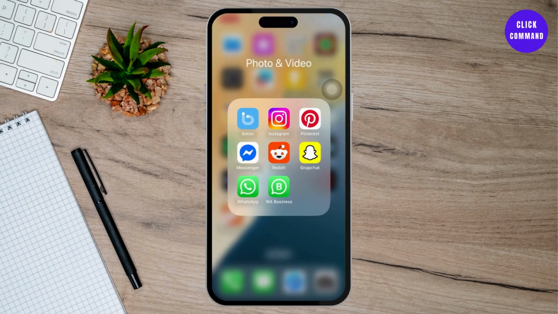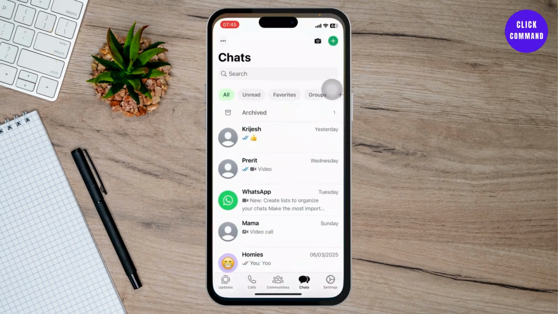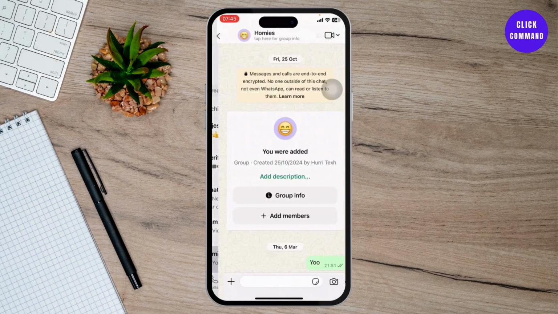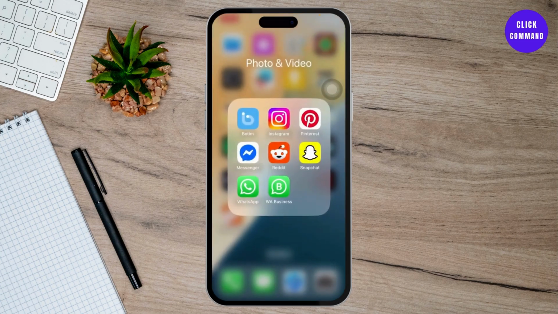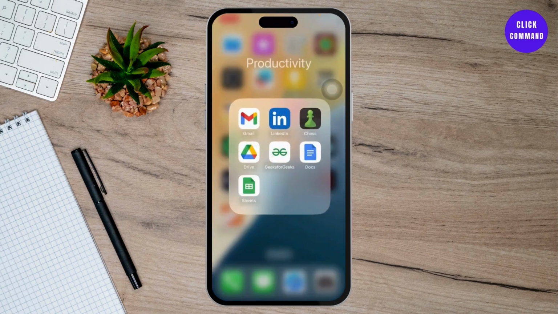In today's video, I'll teach you guys how you can send large audio files on WhatsApp. So without any further ado, let's dive right into it. So there is a limit on how much you can send on WhatsApp. So if you have a really large audio file, what you can do is you can actually just upload that